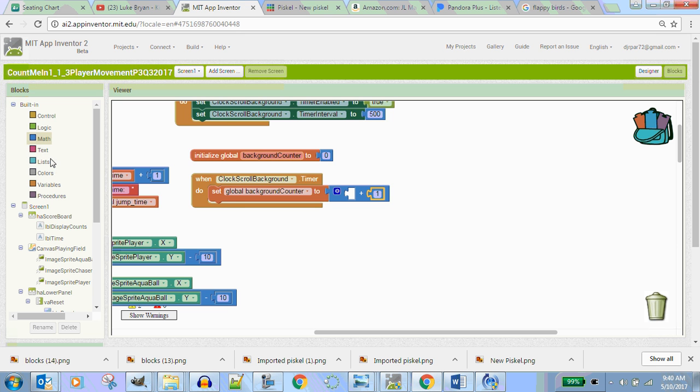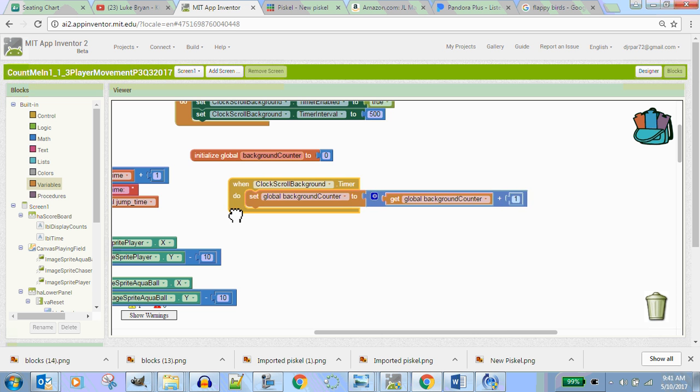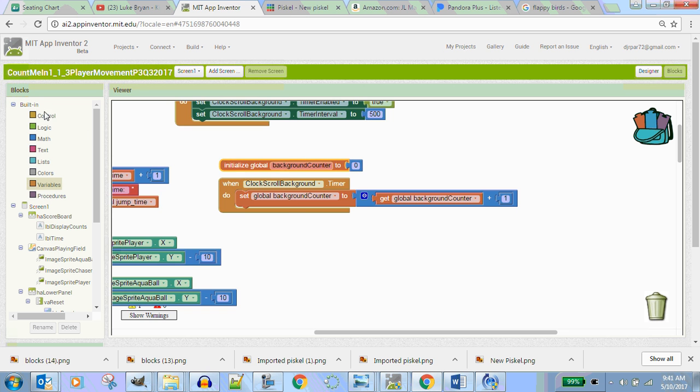Okay, and then I need to go ahead and get my background counter. So I'm going to go background counter is equal to background counter +1, and then I'm going to do an if statement,